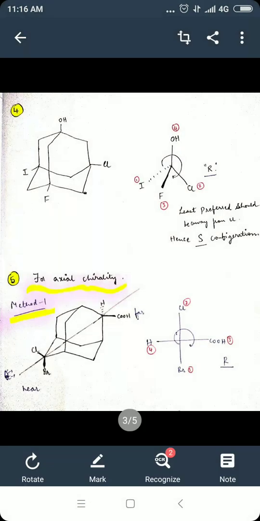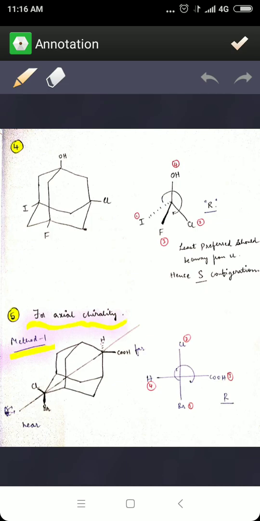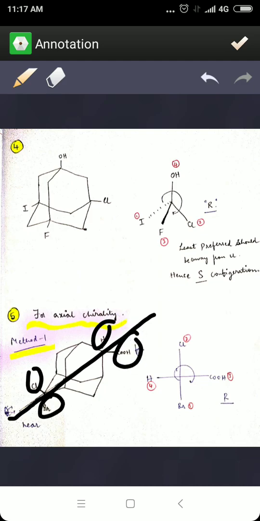Next, we will learn to assign RS configuration for axial chirality, adamantines. So now here in the axial chirality, I have checked 2-3 study materials, and I found 2 easy, simpler methods, which I will both be discussing. So here in the first method, first of all, this is nothing but the axial chirality. You can see there's an imaginary axis line which is passing through the 2-3 carbon atoms, and you can see all the 4 substituents are different. So all the 4 substituents are completely different. It is asymmetric, and hence it is showing the chirality.